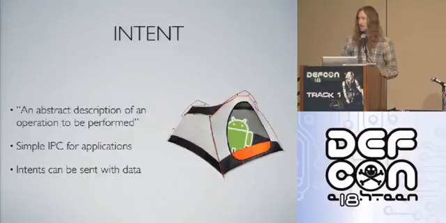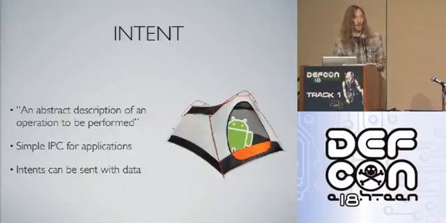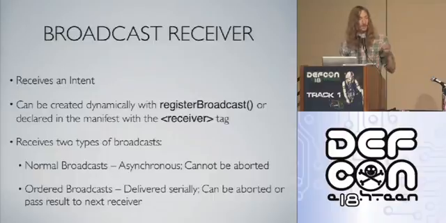Intents for Android are basically a way for applications to do simple IPC so that they can send an event or an action along with data, which is usually in the form of a URI, in a broadcast way. So we can do an ordered broadcast, which is sending them out sequentially to each of the different receivers, where